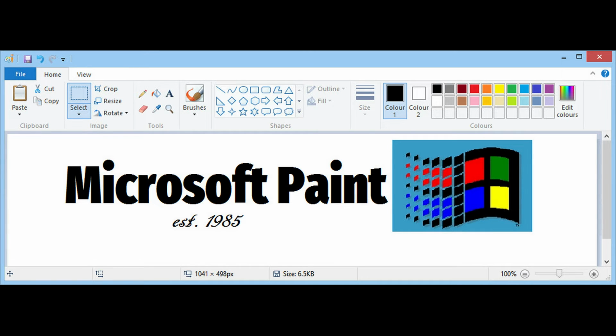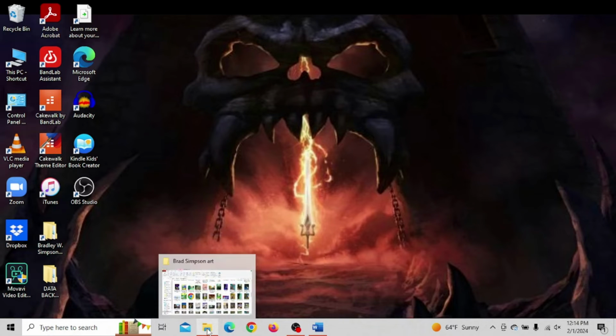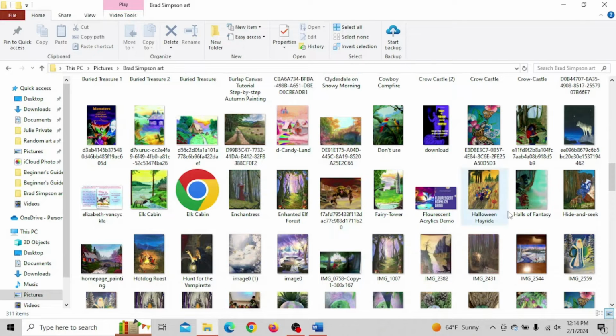Microsoft Paint has been around since 1985 and it's free to use. In most cases, it comes by default with your PC. But if you don't have it on your computer, it's a very simple download. Let's get started. The first thing you need to do is open the folder on your PC in which you